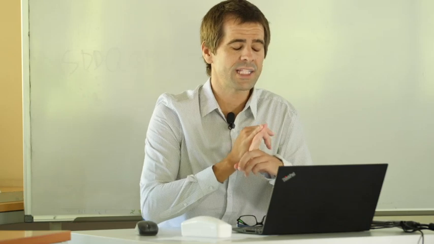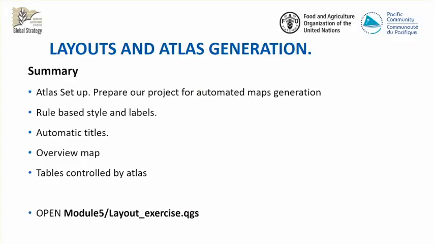So first I'm going to show you how to set up an atlas and prepare the project for automated map generation. I will show you some rule-based style and label, automatic titles